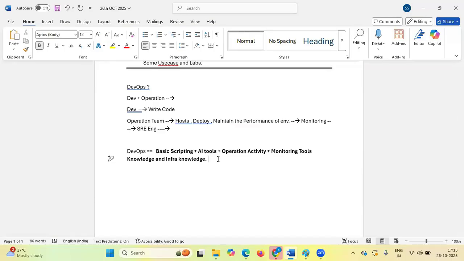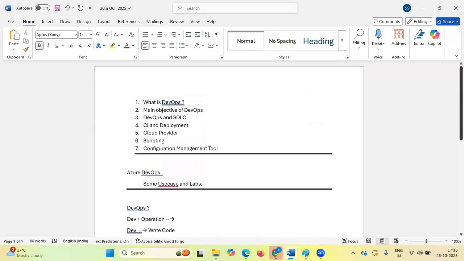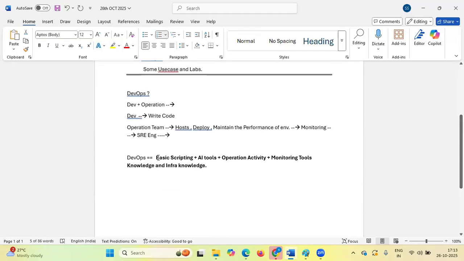So now it is clear what is DevOps. Nowadays we are looking for a DevOps engineer who has basic scripting, AI tools, operational activity knowledge, and monitoring tools knowledge. Someone asked what are the AI tools used in DevOps.